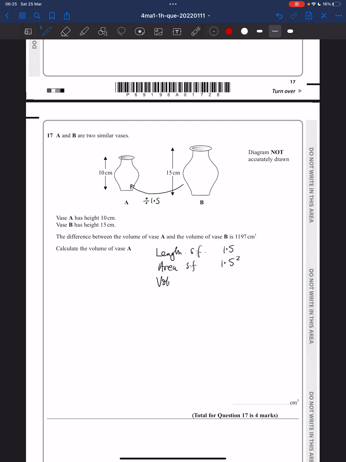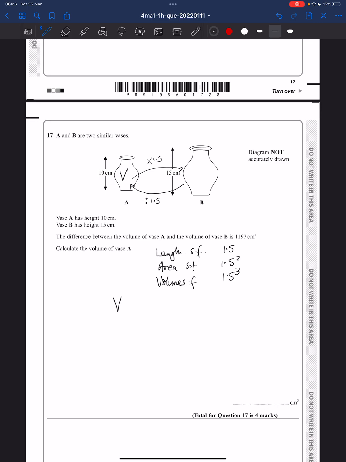Now we're talking about volume. The volume scale factor is 1.5 cubed. Okay, and we want the volume of A. If we go that way, it's times 1.5 for the multiplying. We want the volume of A, so we'll call that V. So our volume,